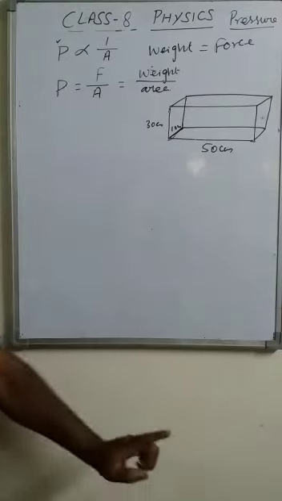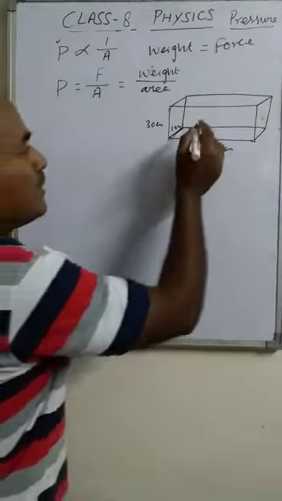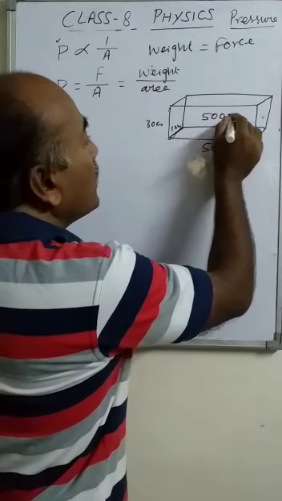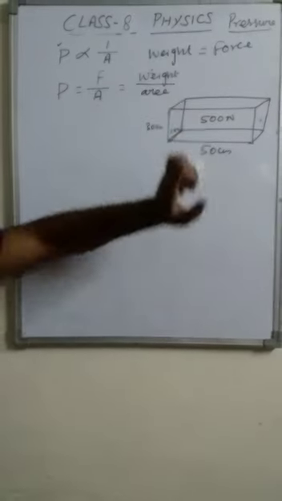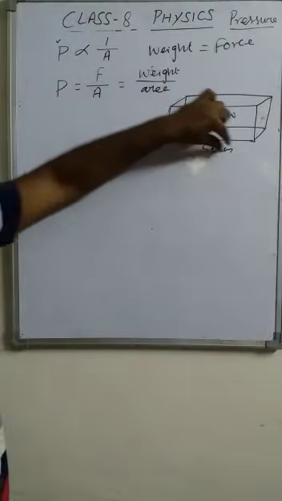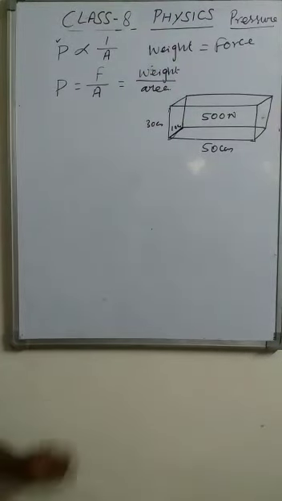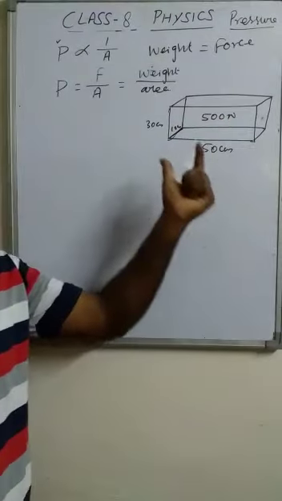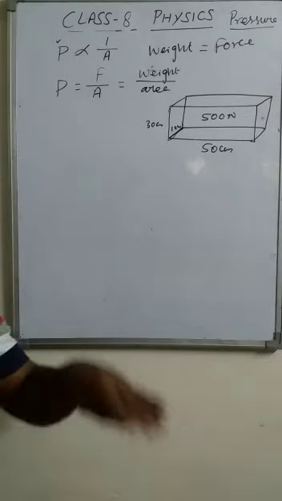Now the weight of this cuboidal object is given, that is 500 Newton. All the measurements are given: the weight, length, breadth and the height. Now if we put this cuboidal object on any horizontal table,